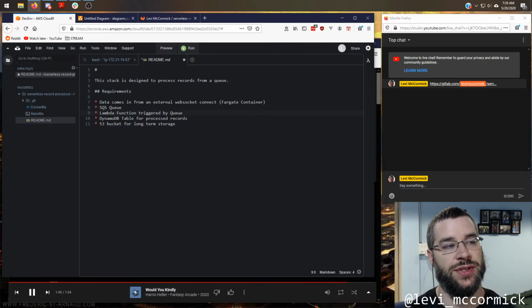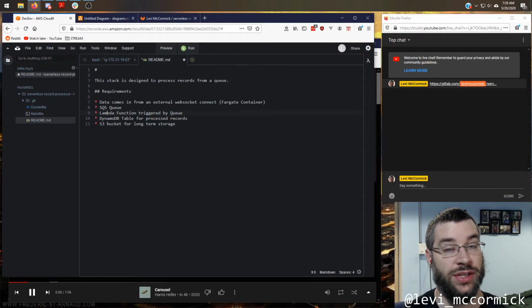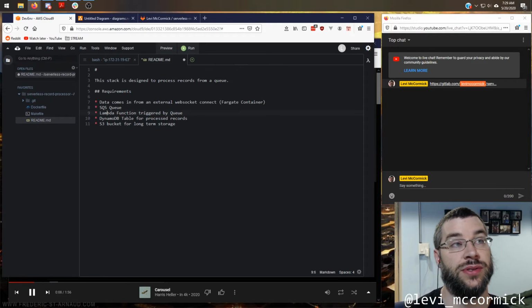So this function needs a bunch of permissions on Dynamo to read and to write. Maybe you want to keep the scope of the permissions of this function narrow. It's not a bad idea. Least privilege is a really good practice.